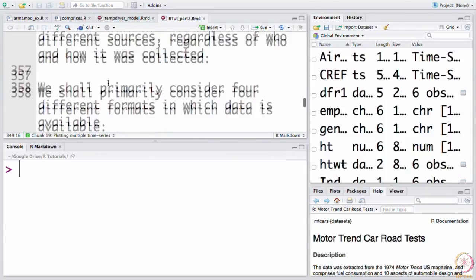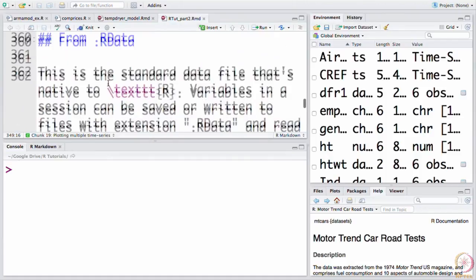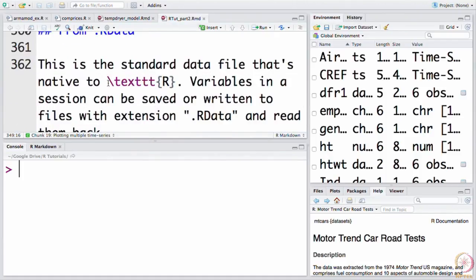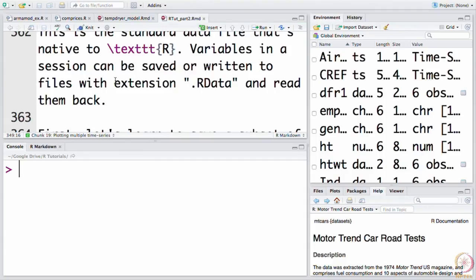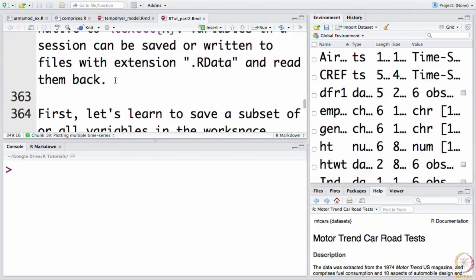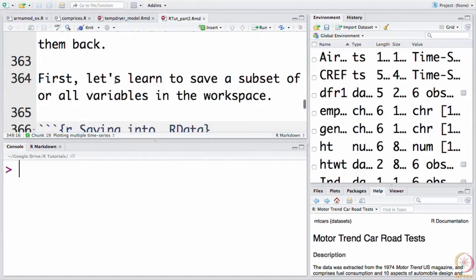So, let us get started now and look at how to save whatever variables you have in a .rdata file, and this is frequently necessary. For example, you worked on a homework, or you worked on a project, or you just partly worked on a problem and you want to return to it later on. Reasons may be plenty, but the end result is that you want to save these variables that you have created in the R session into a file that you will revisit in a later session.